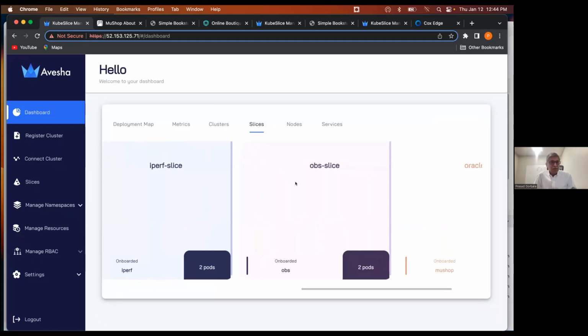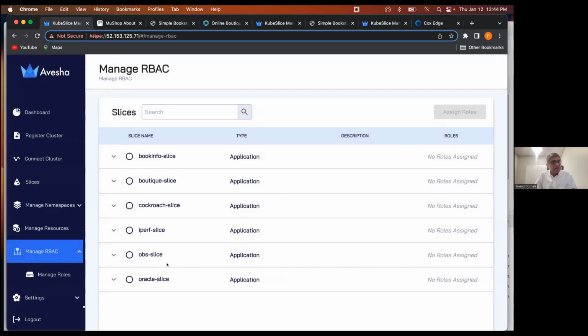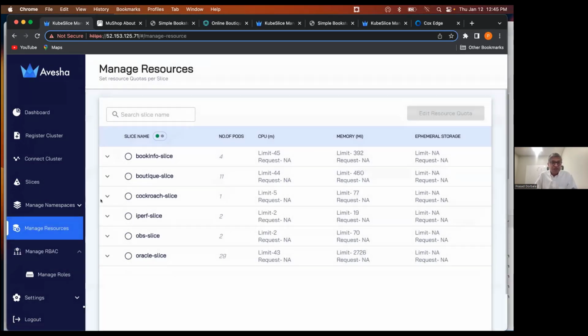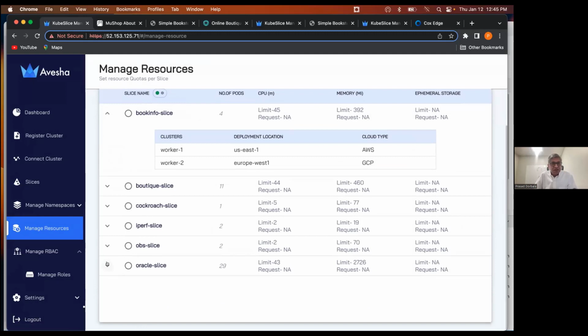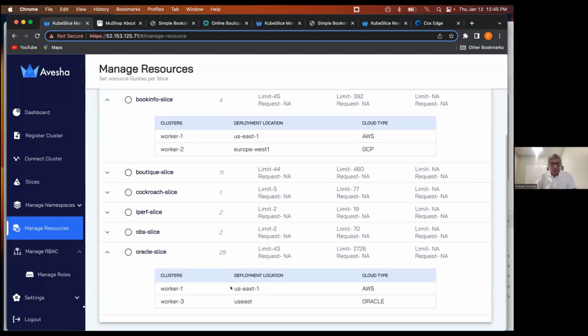So essentially, if you are doing anything in the fleet of clusters, those clusters are always verifying with the controller, and if the controller configuration is different, they will literally put it back to the configuration where it needs to be. So now you can tighten it down as to who has an RBAC rule inside that, right? And another advantage is from a resource management standpoint. Say, in this case of Oracle, you have a worker one cluster and a worker two cluster, US East